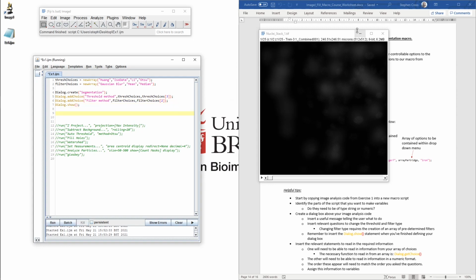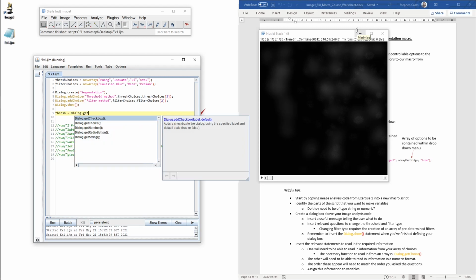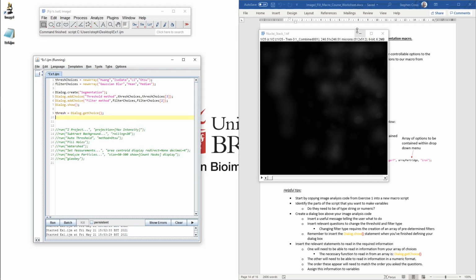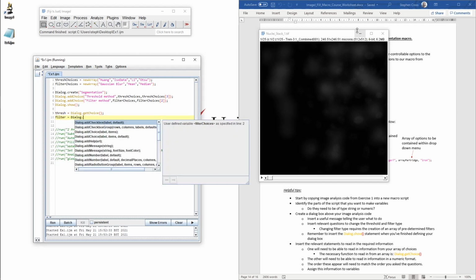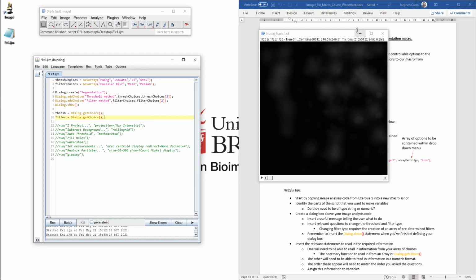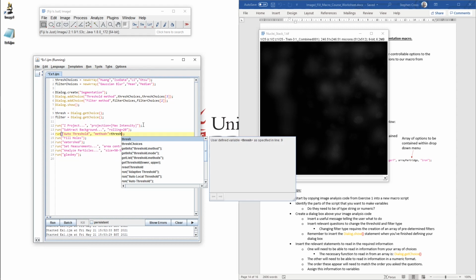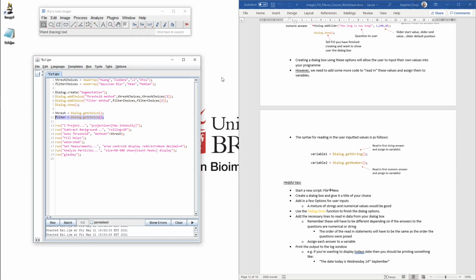Now we need to actually pull these back out. So thresh equals dialog.get choice, and filter equals dialog.get choice. And now I can uncomment this back out. And then wherever it would have had one of these hard-coded values, I just delete that and concatenate it with the value that we're getting out of here, which in this case would be either Huang, Isodata, Li, or Otsu. And we're going to pull out our filter value here, so that's